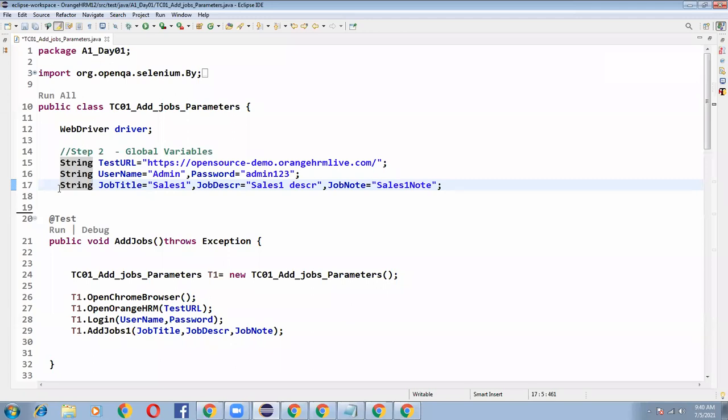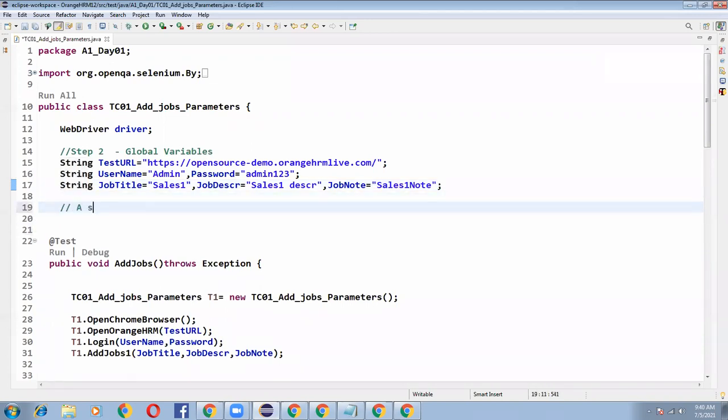So how can we define the definition? The same test can be executed multiple times. I will note down the definition here: a same test can be executed multiple times for different sets of input data is known as data provider or data driven test.